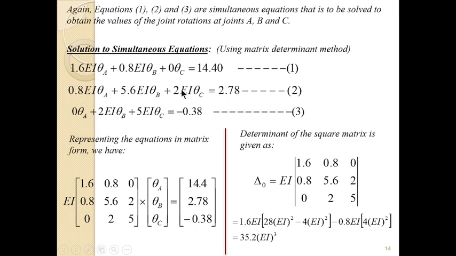You do the same for this and you do the same for this. That is how we were able to have this. And the three unknowns are this column matrix of the three unknowns, θA, θB, θC. And this solution, 14.4, 2.78, and minus 0.38. This is what we use to have this column matrix. Once we do this,